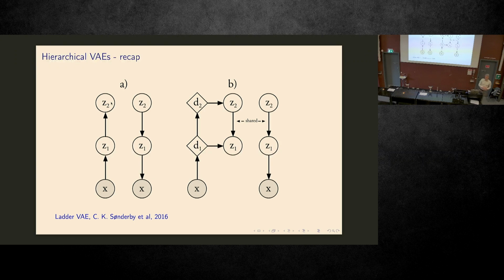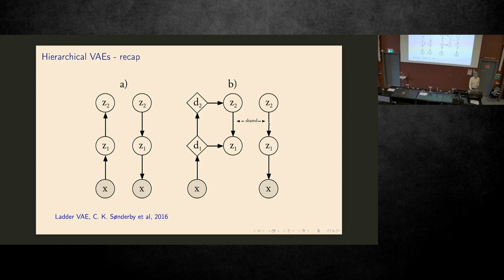What Kasper invented was inspired by what was popular at the time, called the ladder network, where we reversed the direction. We made the variational distribution more advanced, with a deterministic mapping where we send some signal through some layers and get Q of C2 given X, and then you go the other way, so that C1 is conditioned both on X and C2.